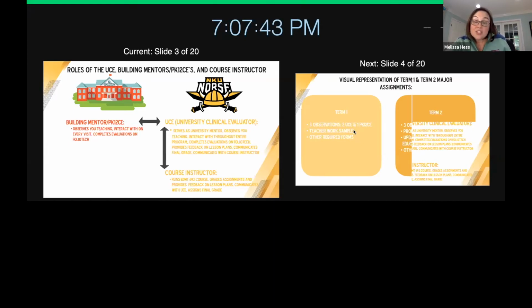Do not assume it's just the person from last year, because as we anticipated that COVID would be over, we really pushed that our UCEs would be in person more. Now with things kind of flaring up again, I'm letting each UCE choose based on their own family demographics, based on who they're observing and what school it is, if it will be digital or not for their observations. So that is two things just to kind of be aware of.